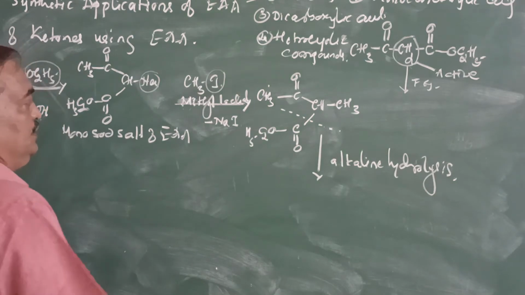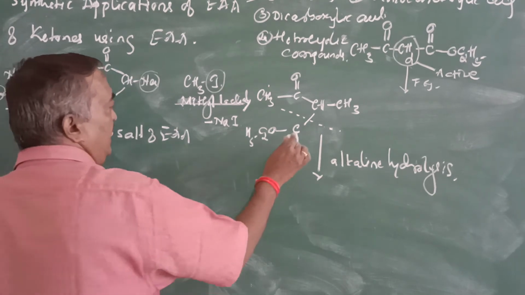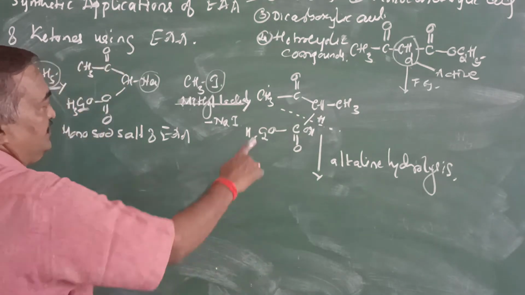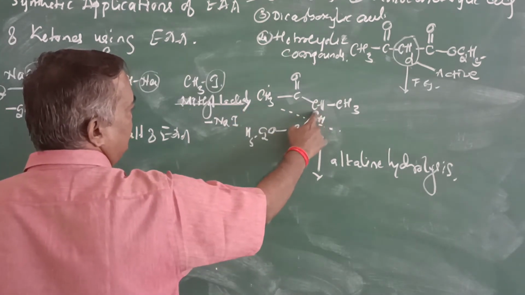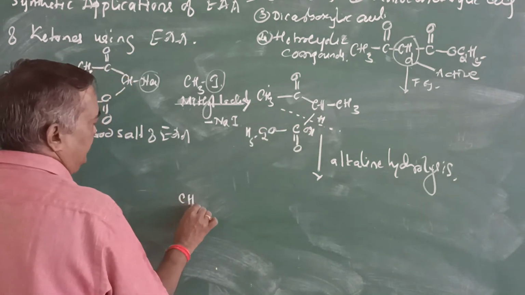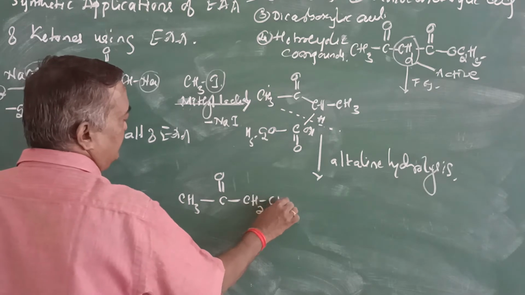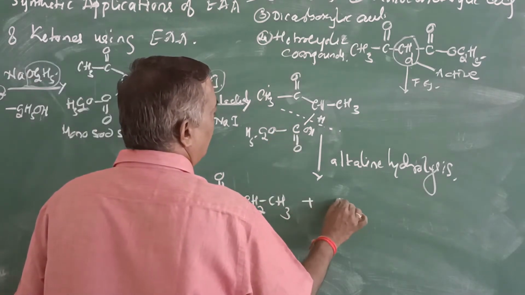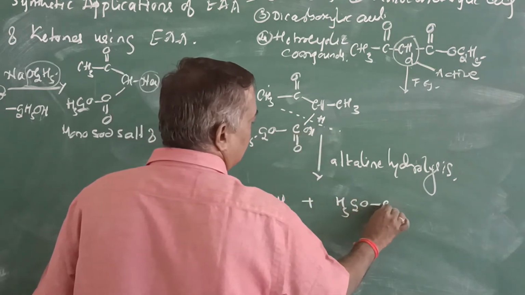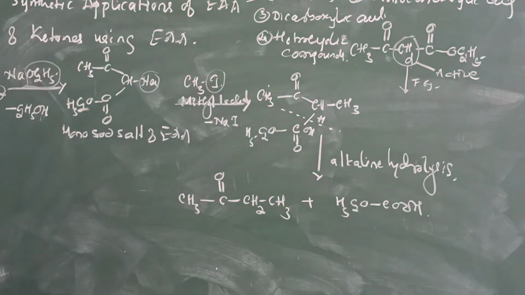Okay, so this C double bond O grouping will be broken up, and the hydrolysis OH is added to this and H is added to this. Right? Now what happens? You can see this breaks, CH becomes CH2, and this side becomes COOH. So let us write the structure. CH3, C double bond O, CH2, CH3, and the remaining is OC2H5, this functional group, and COOH. Okay, so an acid is going to form.